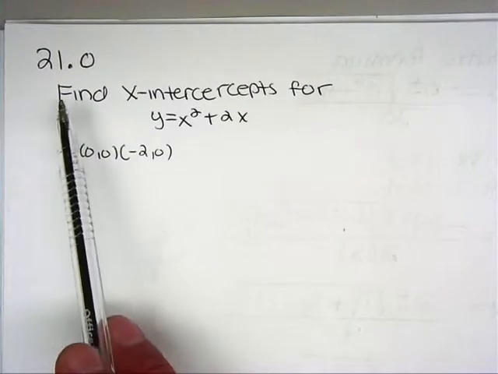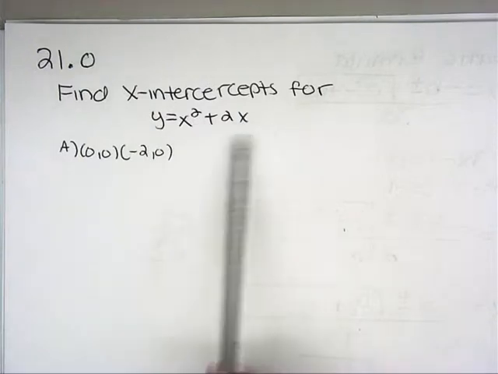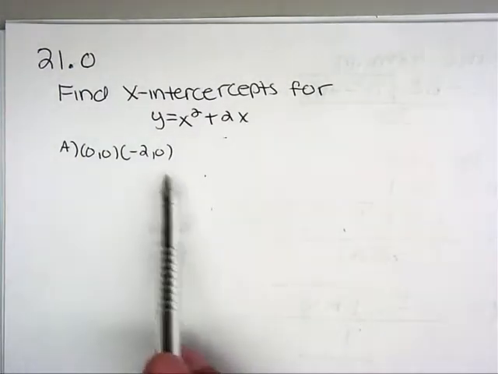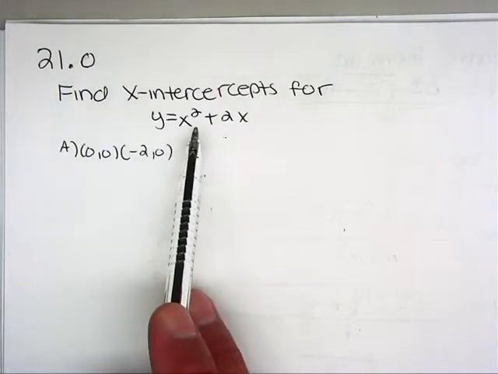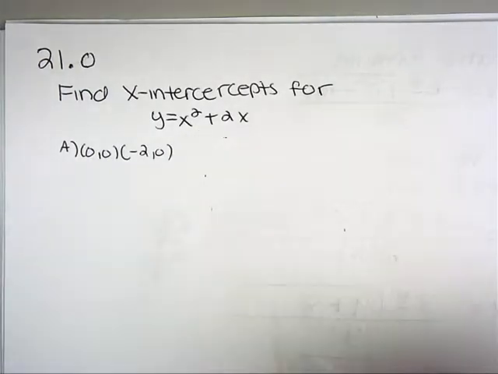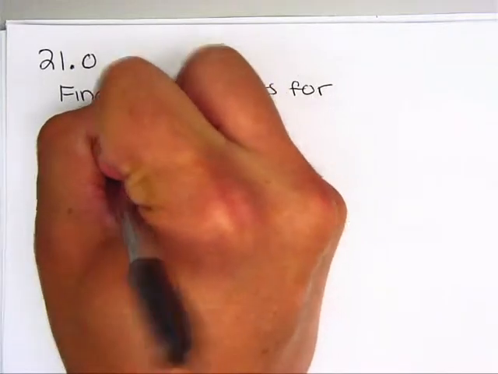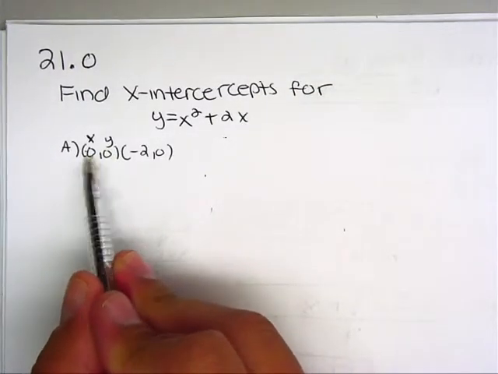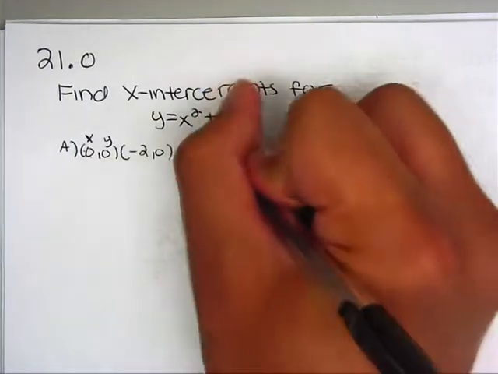For standard 21.0, we're going to find the x-intercepts for y equals x squared plus 2x. The hint for solving this question is to plug these values back into the equation to see if they work. It's important to remember where the x and where the y is. If I'm going to plug in 0 for x and 0 for y into this equation, it's going to be